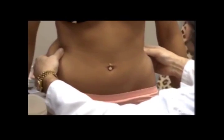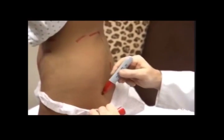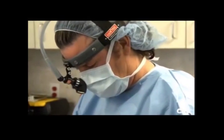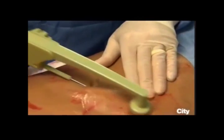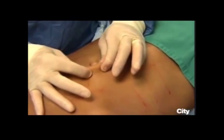Absolutely, yeah. She's worked out like a fiend. She's exercised for 3 years. She's down to her ideal body weight, and she has a nice figure, but she's bothered by a little pot and some love handles around the sides. So the most important principle of lipo today is get reciprocal contraction of the skin with removal of the fat. So you have a thinner contour, but you don't make a granny tummy. You want to make a youthful tummy, which should have